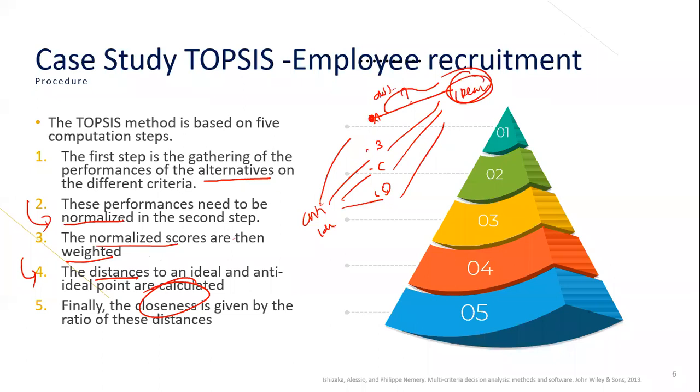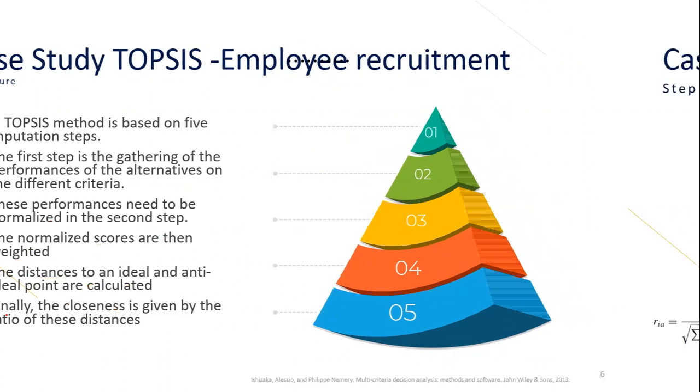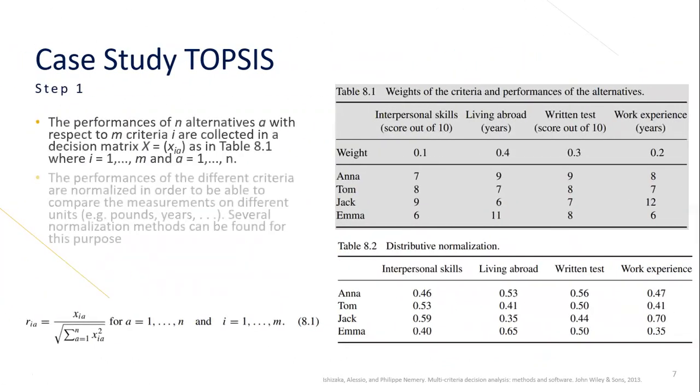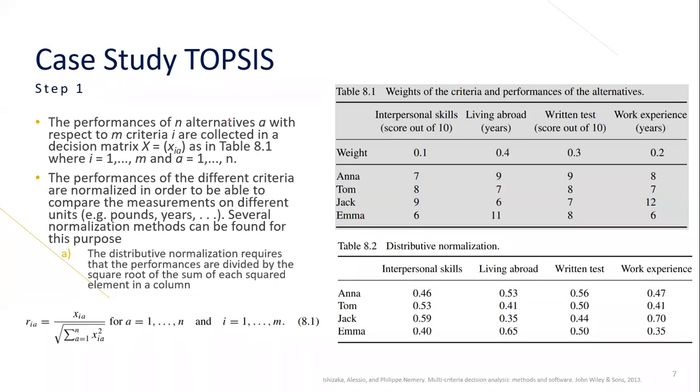And then the better closeness index is the closest distance from an alternative to the ideal point. So you want to find the best one, the closest one. Those are the 5 steps of doing TOPSIS. Now we move to the example. Okay, first you already see this one, right?